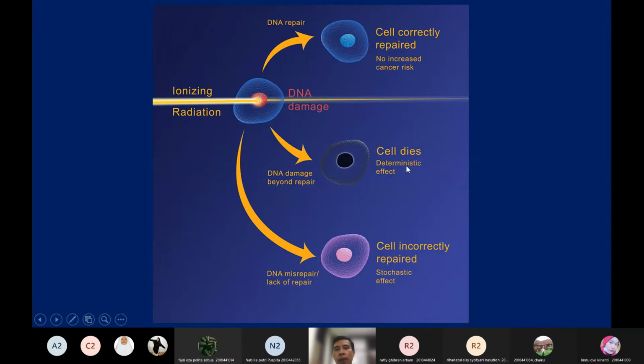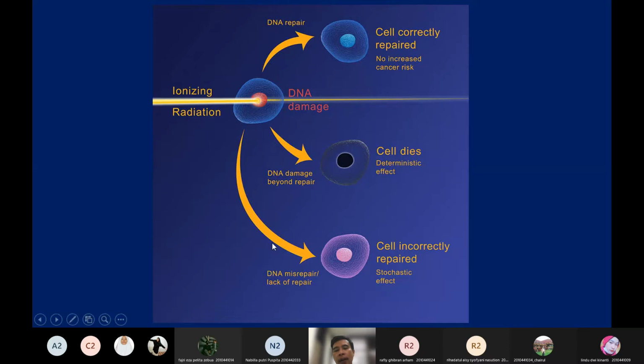For example, if you are exposed to very high radiations, then you will experience burns. Jadi Anda mungkin akan terbakar, akan hangus, akan rusak jaringan gitu. That is the first effect. But sometimes it is silent, yet it slowly and permanently kills you. That is the